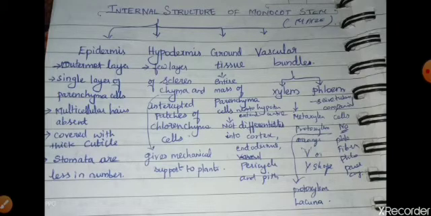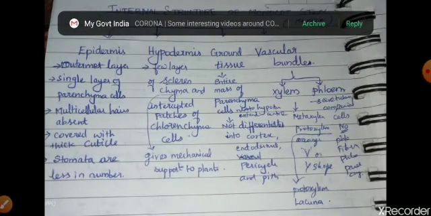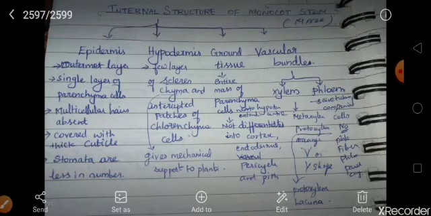When we say vascular bundle, it has xylem and phloem. Here xylem has metaxylem and protoxylem, and phloem also has sieve tubes and companion cells, and there are no phloem fibers and no phloem parenchyma cells present. But it contains sieve tubes and companion cells. What are the sieve tubes and companion cells? They are just helper cells for the phloem. It helps in the transport of food materials.